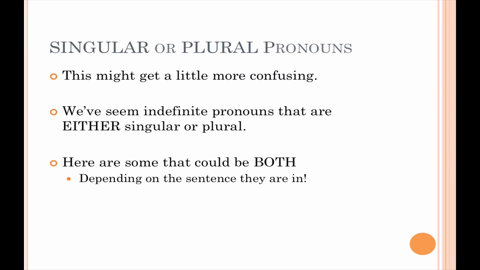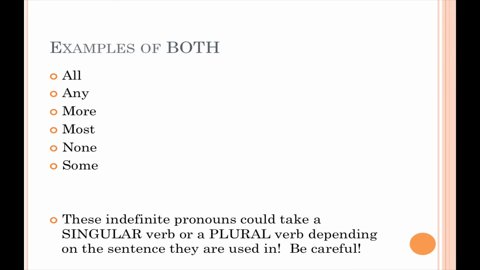Our last chunk of indefinite pronouns are probably the most confusing. These are the indefinite pronouns that can take either singular or plural verbs, depending on the context that they are used in. So, a little confusing. They're kind of like chameleon-like. They kind of change to fit their surroundings. And unfortunately, that's kind of how they are. So we just need to get used to that. But here's the list. So go ahead and pause the podcast again, write these down, and think about these for a couple minutes. But these are examples of indefinite pronouns that could either be singular or plural, depending on the sentences they're in.